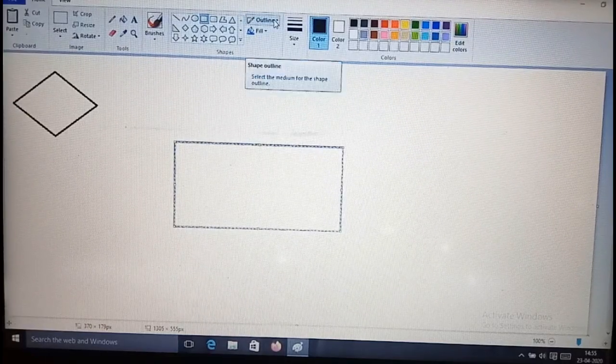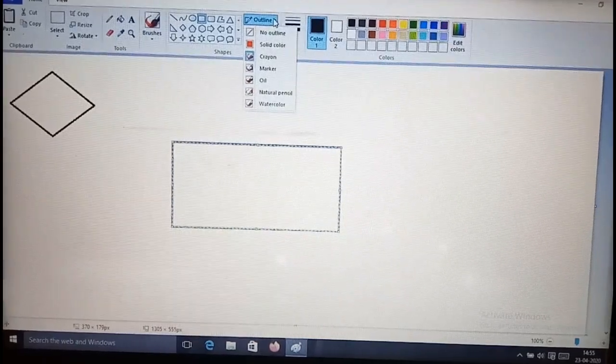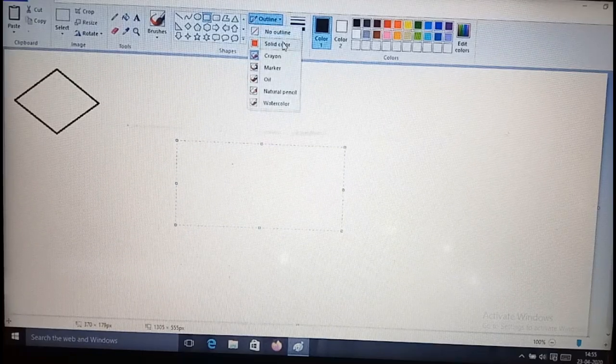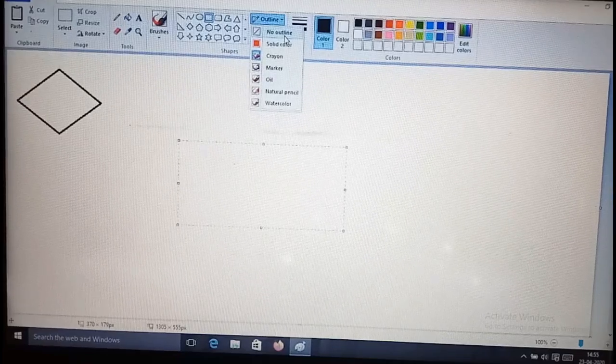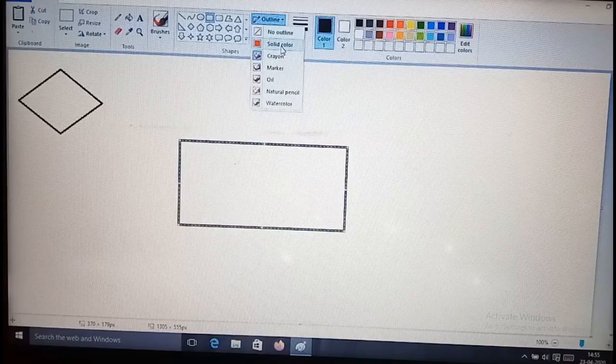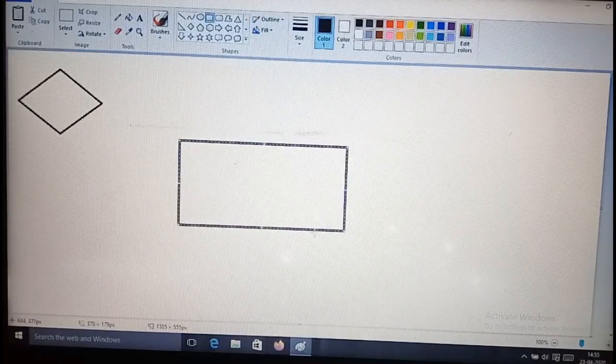Now let's go to the outline option again. The uppermost option is no outline. If you don't want any outline, you can use no outline, or else solid color is for making your outline thicker.